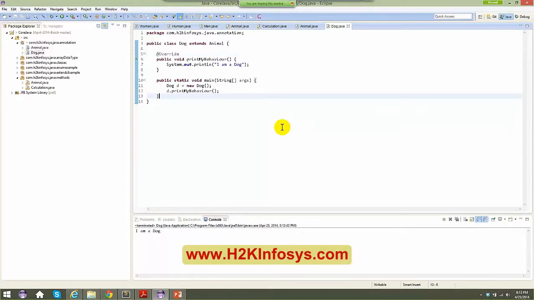Slowly, when we talk about advanced Java courses, we'll see a lot of annotations there. So just keep this in mind, that an annotation is nothing but metadata for a particular method. We are going to see metadata for a particular class also, and whatnot. All right, so this is all about annotation. Our next topic will be